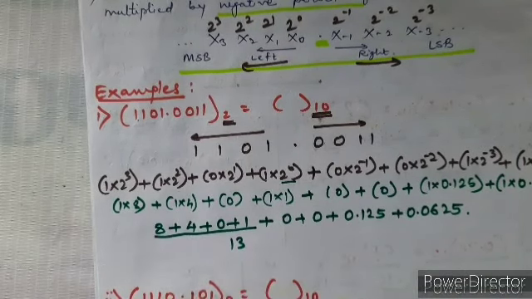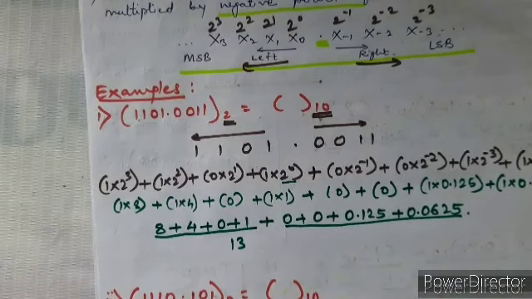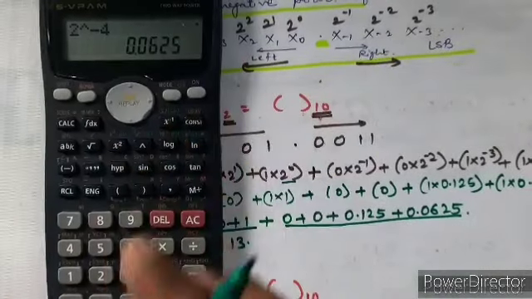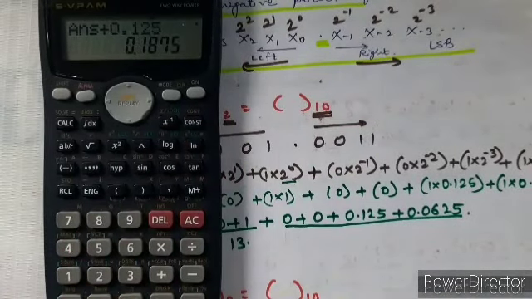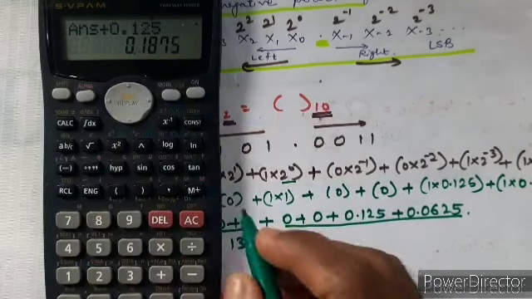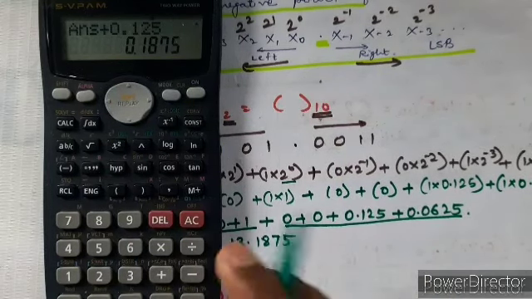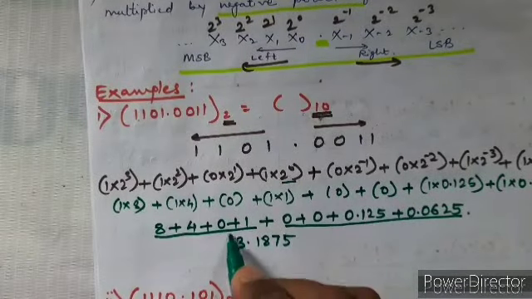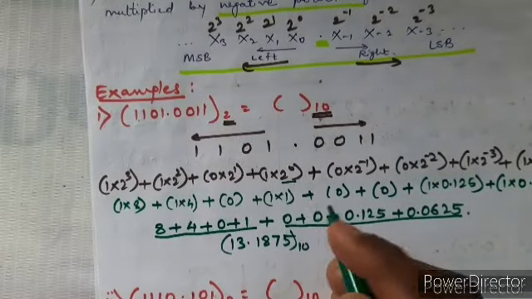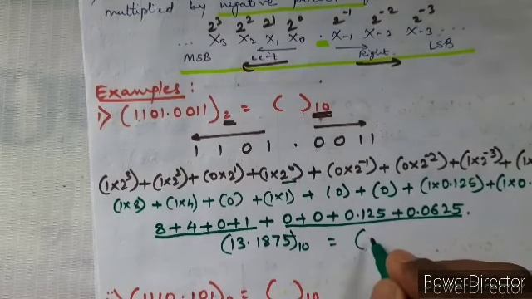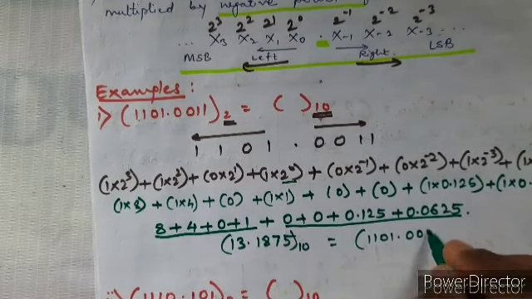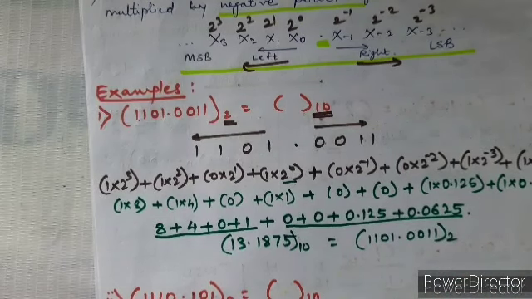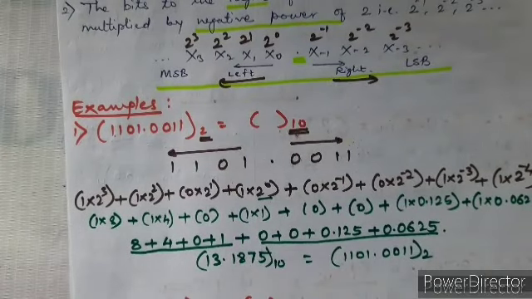Here we have covered the integer part. Now this is the fractional part, that is why we need to put here a point, a fractional point. So 0.0625 plus 0.125 is 0.1875. Okay, so this is the equivalent decimal number for this, right? So it is 13.1875. So this is how we can convert a given binary into its equivalent decimal.